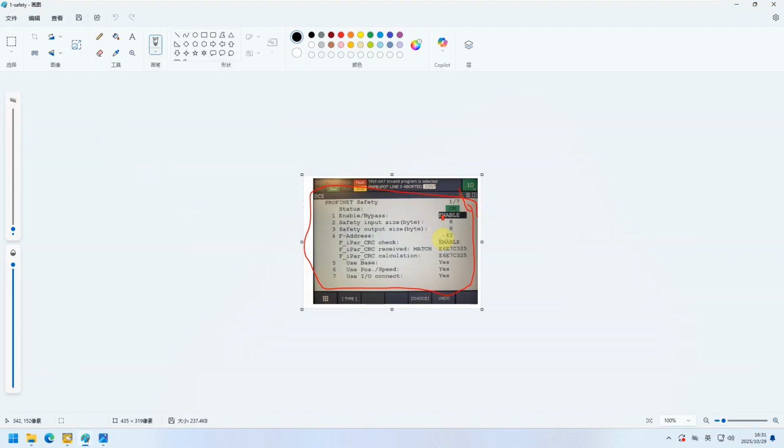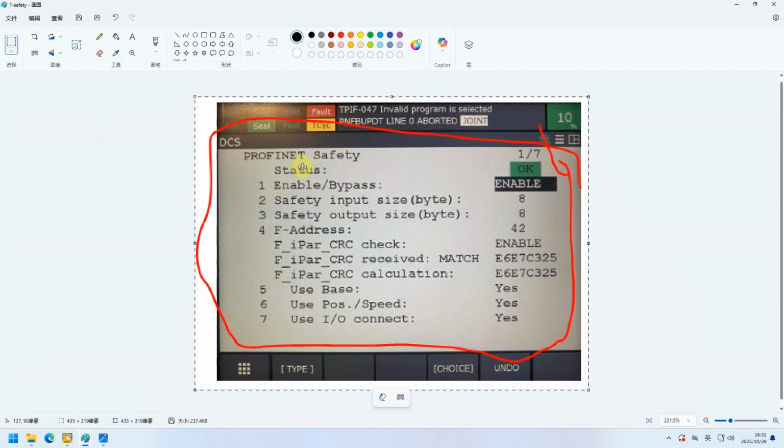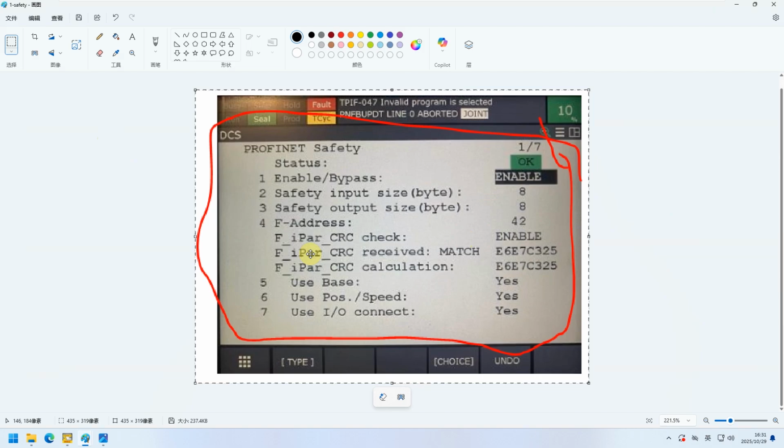You will enter this screen, Profinet safety DCS. For this, check enable, and this code is very important, it must be identical with the PLC side, and also the F address, 42 let's assume, must be identical with the PLC side safety. Okay,